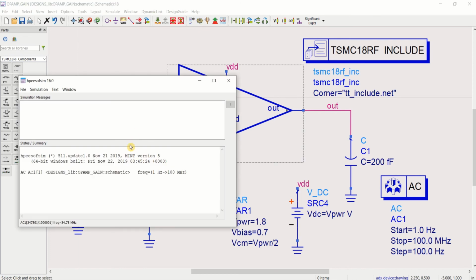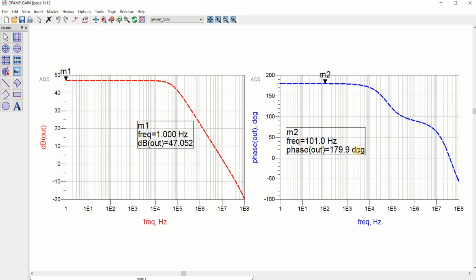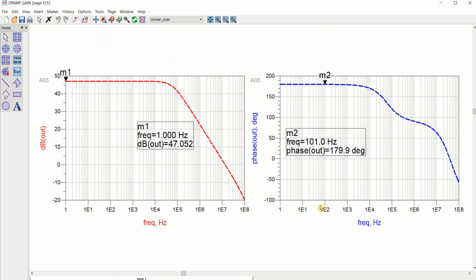I am simulating it again. So this is the better result of the op amp, which provides the gain of 47 and phase shift of 180 degrees.